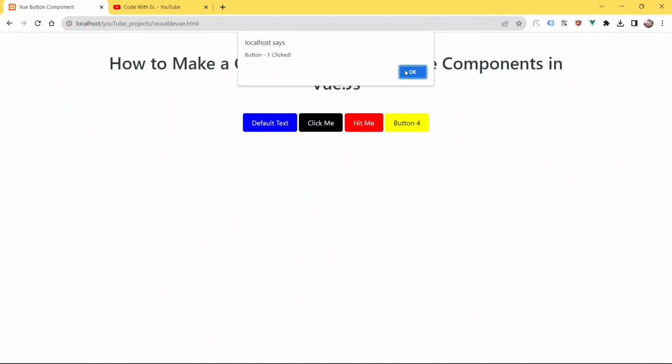Click OK. Now the second button, click me: button 2 is clicked. Click OK. Now the third button, hit me: button 3 is clicked. Click OK. Now the fourth button, button 4: button 4 is clicked.